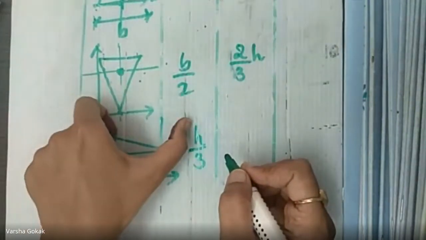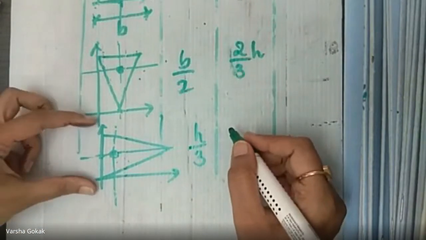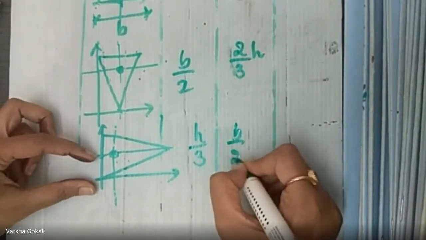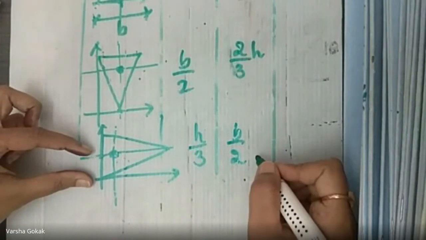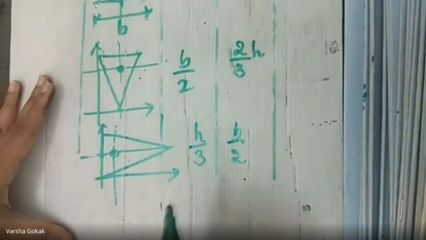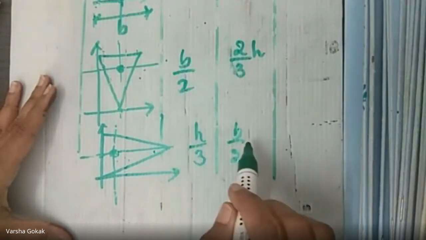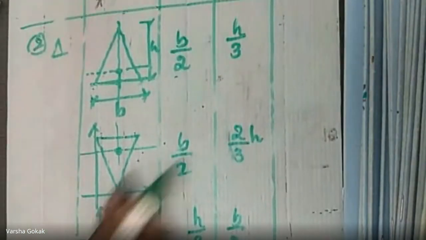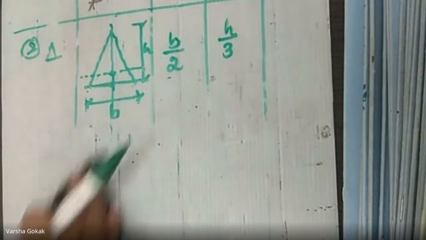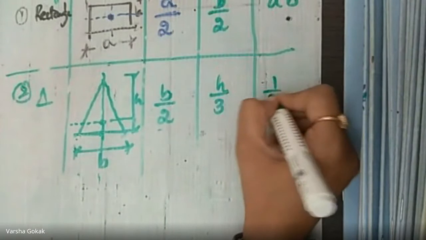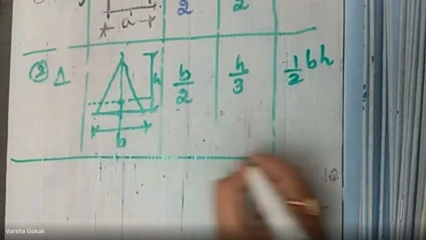If they have given you this as b, then it becomes b by 3, right? What about y bar? Y bar is going to be b by 2. This is my y bar now. That is half of the base, b by 2. Okay, so how they place the figure, on that basis you will be writing the x and y. Please keep that in mind. So this was for a triangle. We'll take a standard case only in the figure, that is this one, and half base into height is your formula for a triangle. Okay, done.